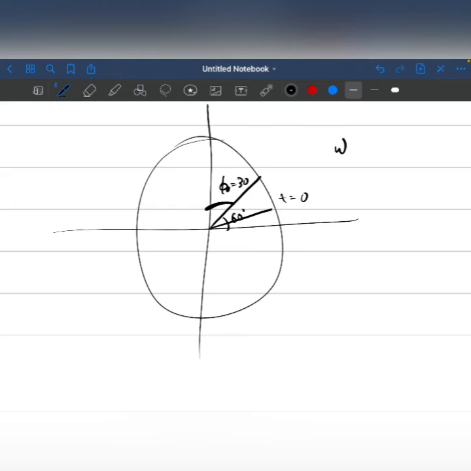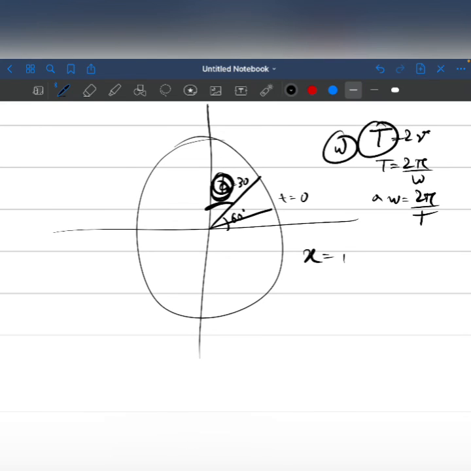Say that the speed is omega, they have written in the question, or they might also have written T equals 2 seconds or 3 seconds. They might give omega or they might give T. So T equals 2 pi by omega, or omega equals 2 pi by T. You remember that and you put the value in the question. So here phi naught from the y-axis you measure, and x equals a sine(omega t plus 30 degrees). This will be for clockwise motion.